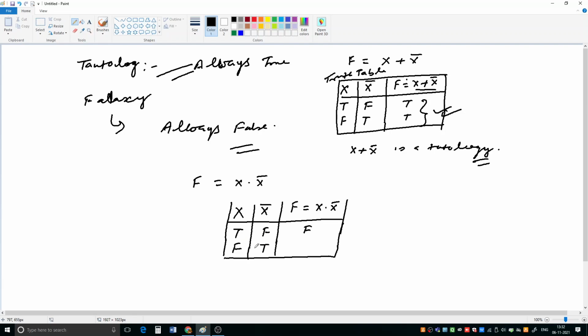Here also this is false and this is true, so only one of them is true, so here also we will get false. So you can see this expression is always giving false, no matter what the value of its variables is. For every input combination it is giving us false, so it can be considered a fallacy. I hope up to this point you have got the